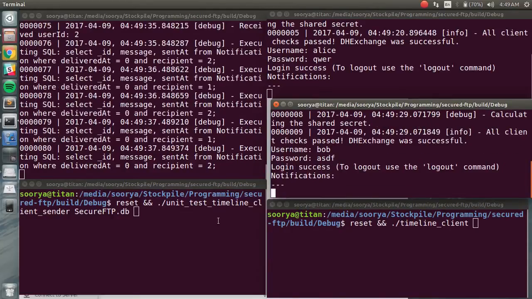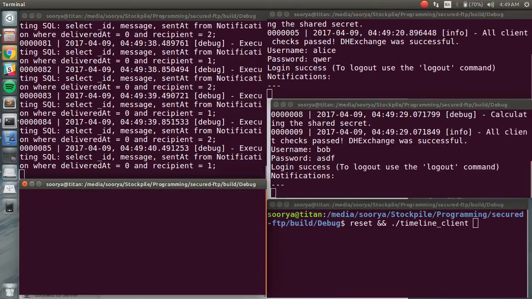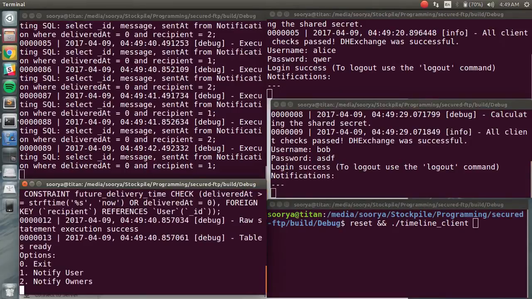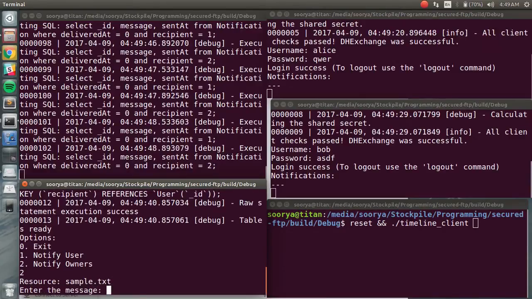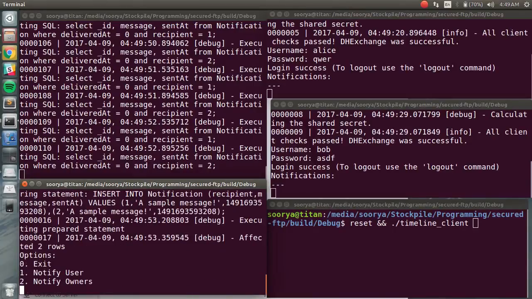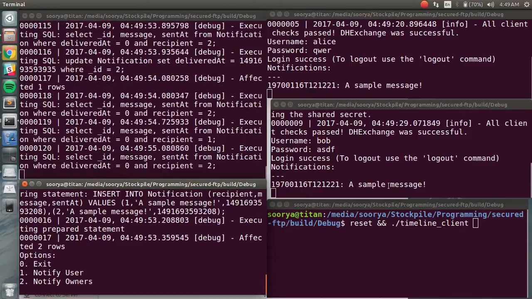We can now simulate an action on a file and the associated notification to its owners. In this case, a notification to the owners of the sample file, Alice and Bob. And as you can see,